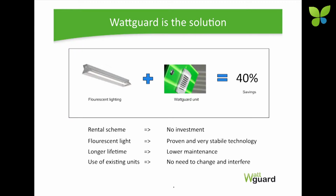So that's why Wattguard is a solution, because Wattguard is a combination of conventional lighting, existing units that you may have already. When you combine it with our system, we can actually provide you a 40% saving. So we take 40% out of the electricity consumption without compromising on the light quality. It's based on a technology that has been around for many, many years, well proven, well accepted, and well known as a stable technology. Also, we do this without investment, so the customers do not have to bring in the capex to get started on making big savings on their electricity bill. And also, with this system, we actually provide a longer lifetime of the light units,